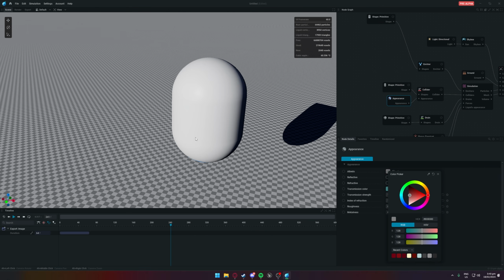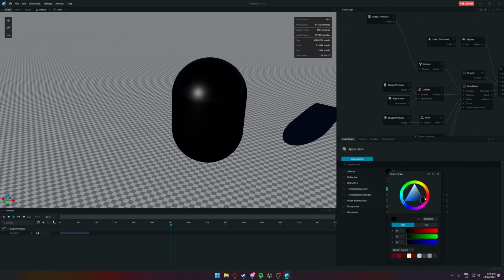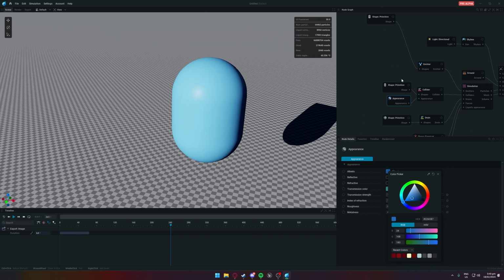So you're going to find that for ray marched rendering, the albedo is what you're going to be seeing. So if we want red, white, you know, green, blue, black, so forth. That's where everything you're going to be finding is there. You can also change it to be reflective, refractive, sorry, and change all these controls here. So if we want to go white,